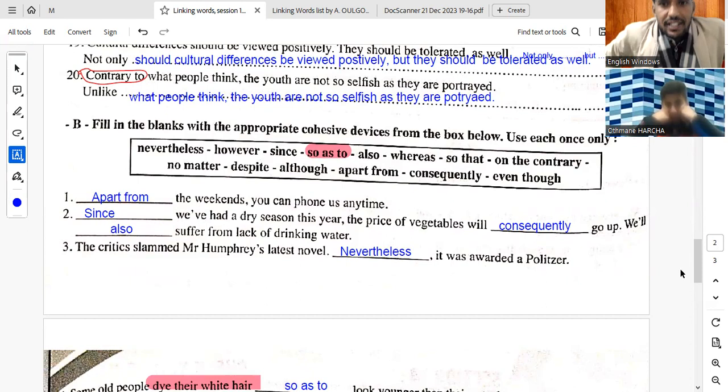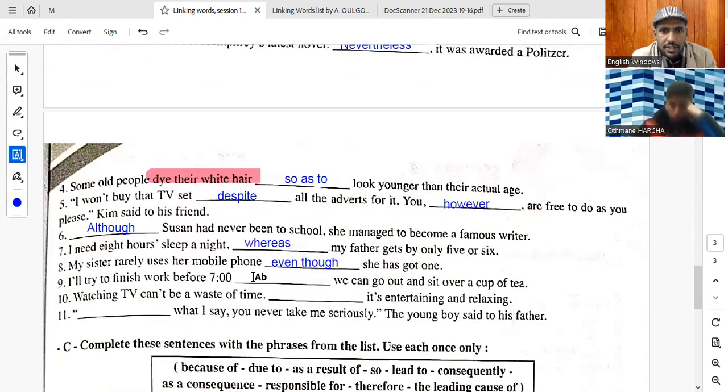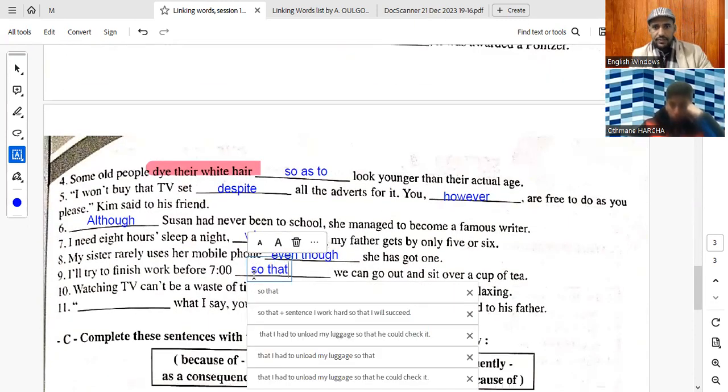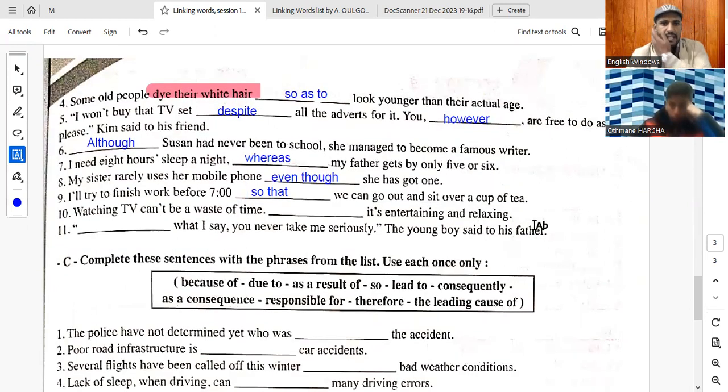On the contrary. No matter. On the contrary is for contrast. And we have here so that. So that بحالها so as to من ناحية الفانكشن نفس المعنى, يعني من أجل الهدف, right, ولكن après so that تكون عندي جملة كاملة, so that I can go out مثلا, right. تكون عندي جملة تامة ولكن so as to كيجي من بعد منها فعل right في الانفينيتيف. We have here we say so that we can right go and so on.